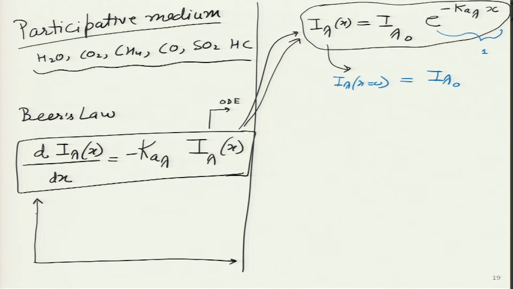It is an exponentially decaying function. So, I can take some liberty and draw the solution before I actually explain the equation. This is an exponentially decaying function, so I can say this is an I of x sort of curve, where x is over here. Then this initial boundary condition told me that at x equals 0, the value is I lambda naught. What is on the y axis is I lambda as a function of x. So, this is given as the Beer's law, and now let me go ahead and explain what is happening over here.